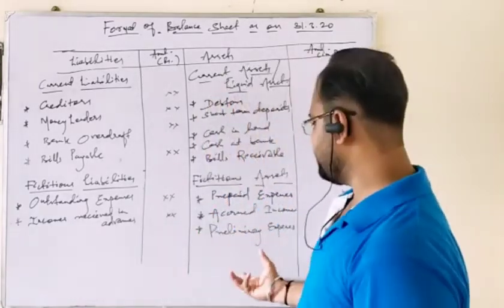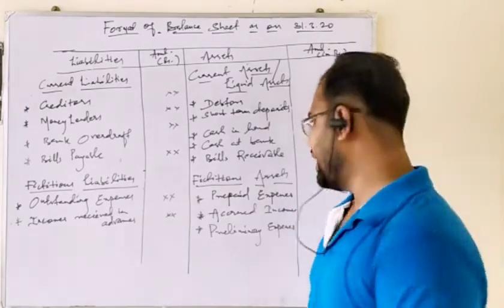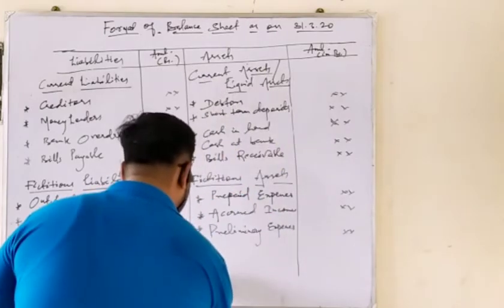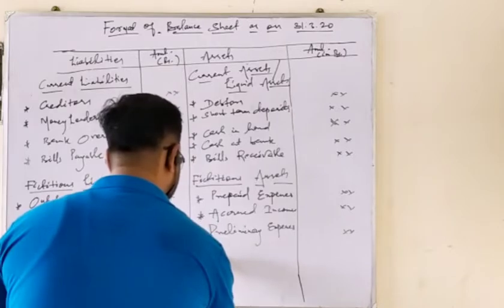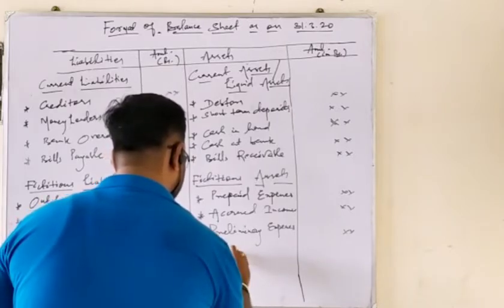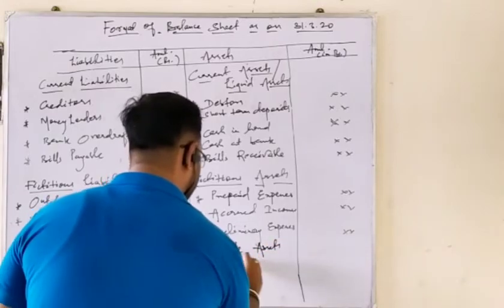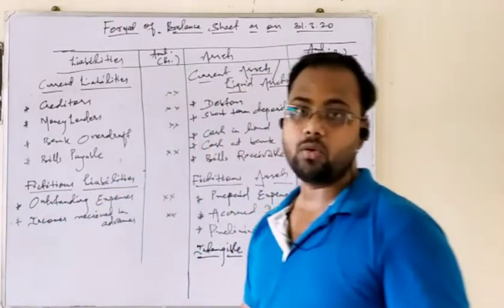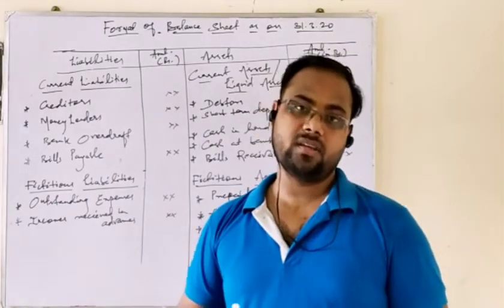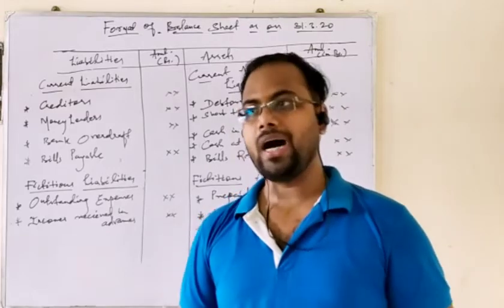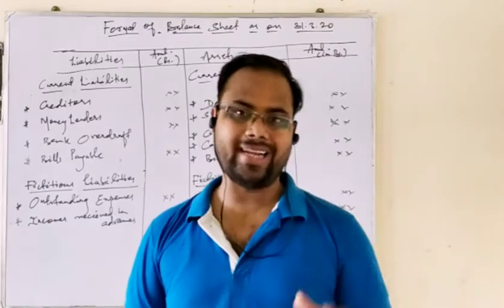And there is another type of asset which does not have a type of liability, that is intangible assets. Okay, what you call intangible assets. Intangible assets. These assets do not have any opposite liability. That means there are no intangible liabilities. And when you have studied types of accounts, that is personal account, real account, nominal account, under real account you must have discussed two types of real account, that is tangible real account and intangible real account.